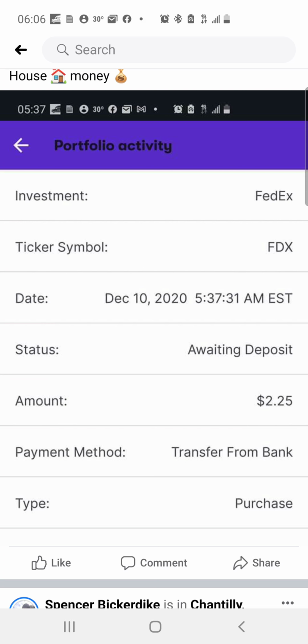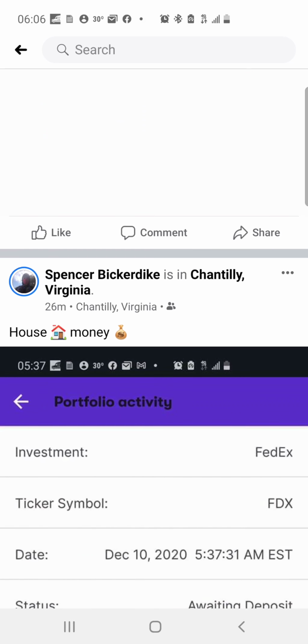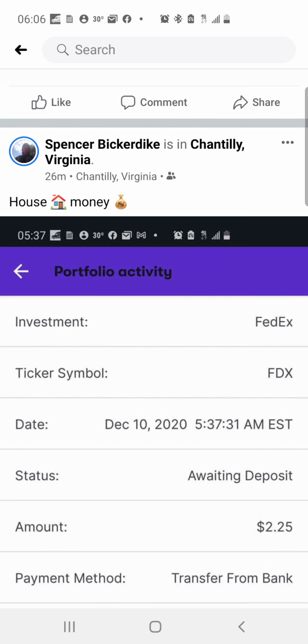Then in my Stash app account, which I have about $2,800 in, and I'm up almost $400. So also doing well in that account as well. But I purchased $2.25 worth of FedEx, which I sold out of my Public account for $50.32. So I made just a little profit, but it's